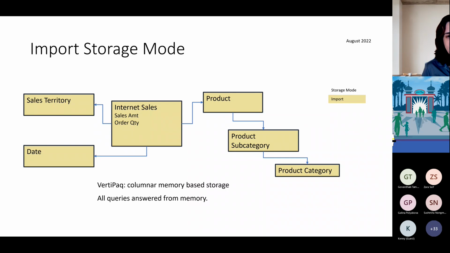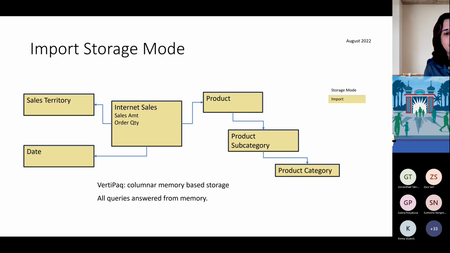With import mode, when you go to get data, you tell Power BI to import the data from your backend into Power BI's memory, whether it's in Power BI Desktop or later on in Power BI Service. For example, here I'm showing you some tables from the sample AdventureWorks database that hopefully some of you have seen before. We're looking at the sales data and by some dimensions, so a very simple model. And you can import all of this in Power BI's memory. That way, from that point on, visuals or user queries will only hit Power BI. They will never go to the back end, for example, to your Azure SQL database or SQL Server database.